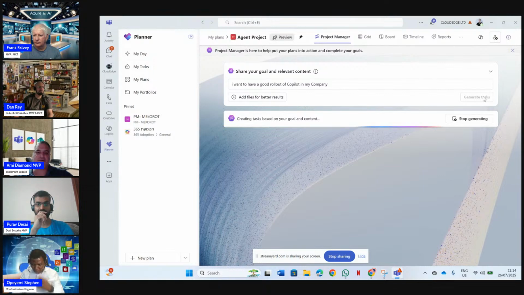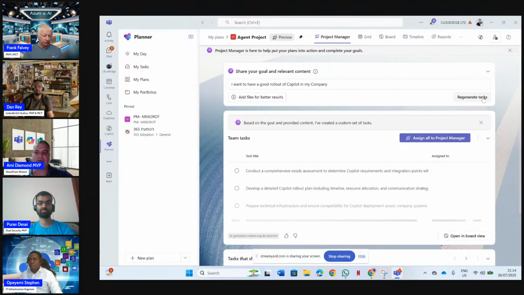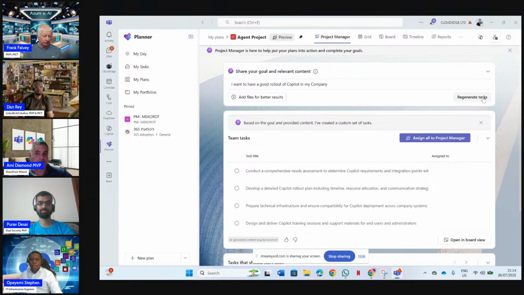So first it's creating the tasks, and then I will have the possibility to assign the tasks to the project manager. Okay, you see there are tasks here that were created, and what I can do now is to actually assign them